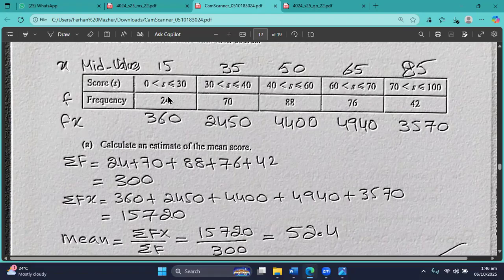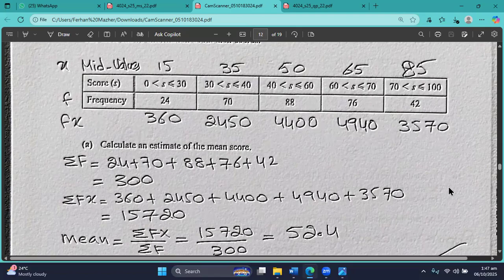So 15 multiplied by 24 is 360. 35 multiplied by 70 is 2450. 50 multiplied by 88 will be 4400. 65 multiplied by 76 will be 4940. 85 multiplied by 42 will be 3570. Then I will find the summation f. I will add all the frequencies, that will be 300. I will add up all the fx: 360 plus 2450 plus 4400 plus 4940 plus 3570, that will be